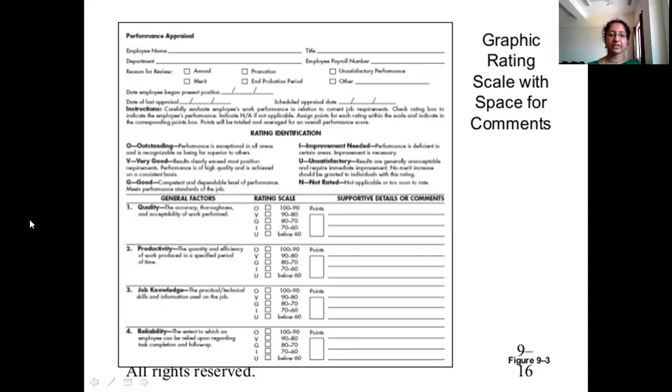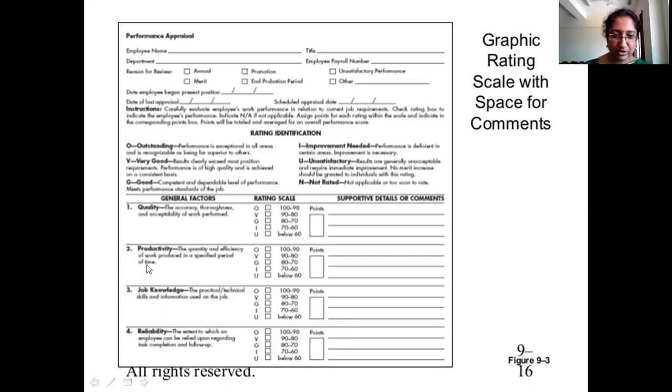So there are certain performance values which are given to us here. O for outstanding, B very good, G good, improvement needed, unsatisfactory, and not rated. Not rated means it is not applicable for the job. So you don't have to rate that trait for the job. So if you have a look at it over here, on the ground of quality, there are around 5 performance values which are given. How you feel the employee is in terms of quality, accordingly you assign a performance value for that employee.